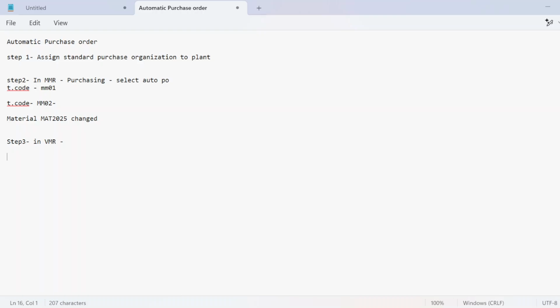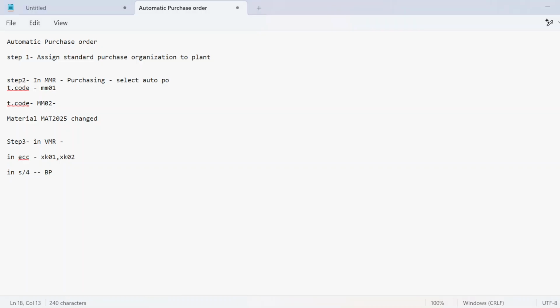In ECC, the T code is XK01 to create and XK02 to change. But in the S4 system, we will just use T code BP, because that single T code is there to create and to change everything.